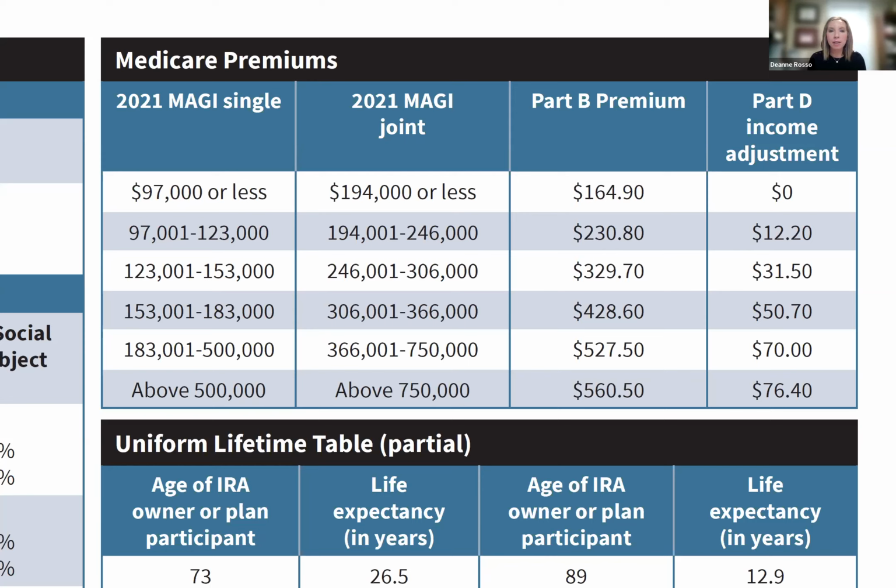So if you ever have things as a retiree who's on Medicare that happen, like maybe you sold a piece of property and it generated a capital gain that was taxable to you and that increased your modified adjusted income for the year, then that means that 2 years from then, if that bumped you into a different Medicare premium bracket, you're going to pay that higher premium. Now, there are certain exceptions to this. There are certain life events where you can fill out a form, submit that to the Social Security Administration, and they will review it and they will reduce your premium back to what it should be based on current income.